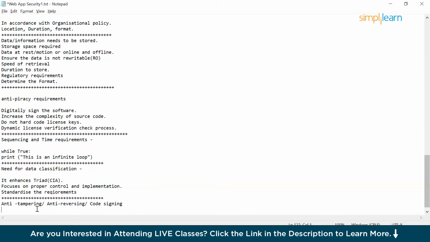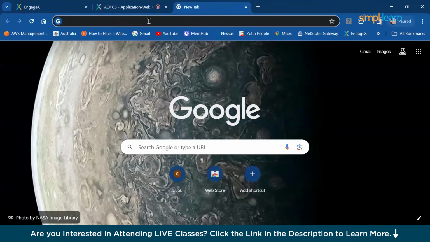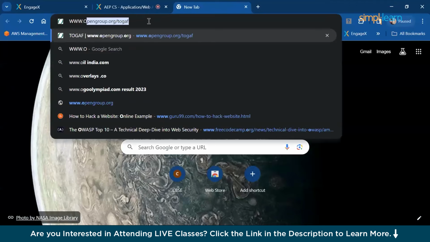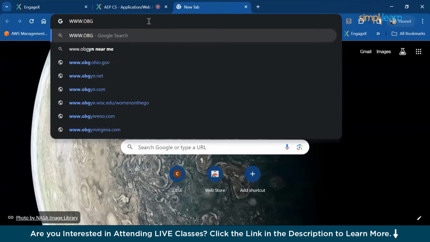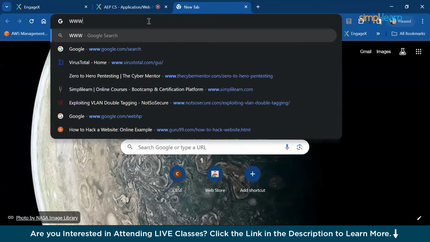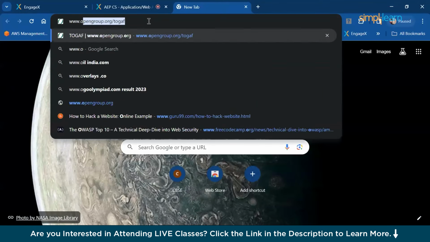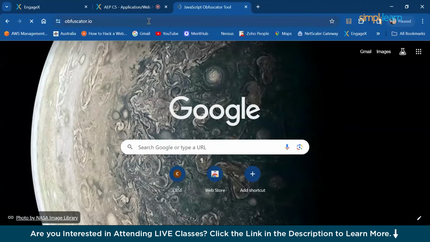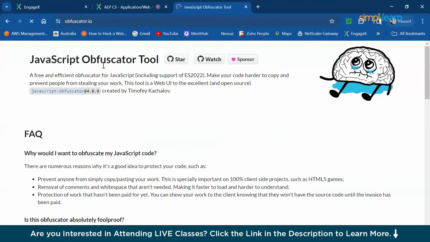Say I have something written in JavaScript, but I want to obfuscate it. Do we have any tool? The answer is yes, we do have it. How can we do it? Let's see. Obfuscator, obfuscator.io. So this tool is for